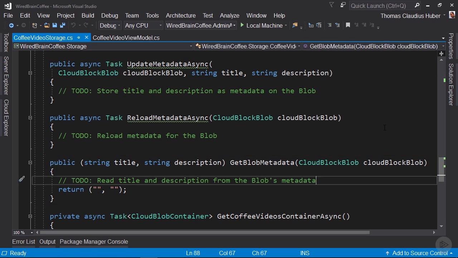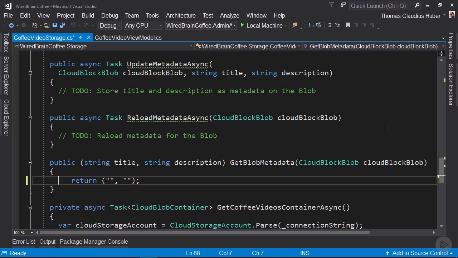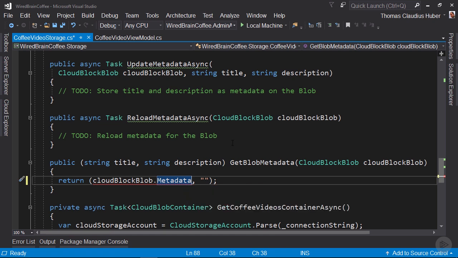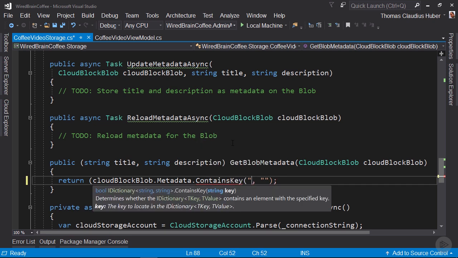Now let's change this. Let's remove the to-do comment. As the first string, we need to return the title. So let's use the CloudBlob, and the CloudBlob has a Metadata property. When I hover this, you can see that it is of type IDictionary, that uses strings for its keys and values. So that means on this IDictionary, you can call the ContainsKey method and you can check if it contains